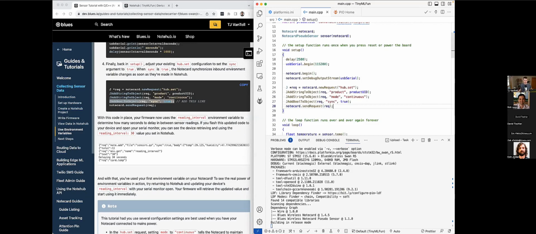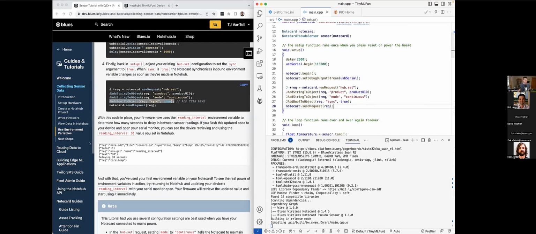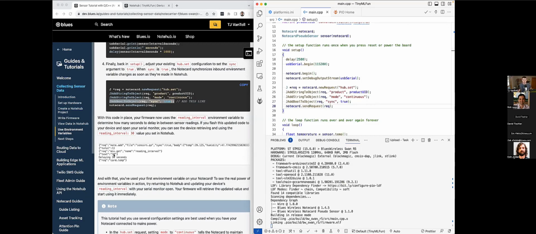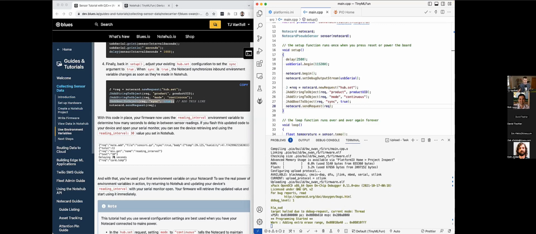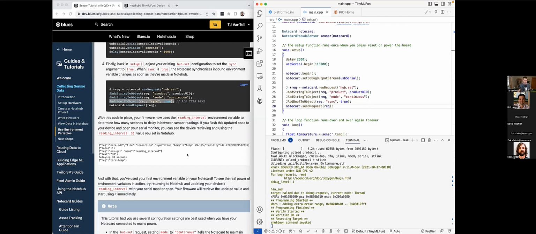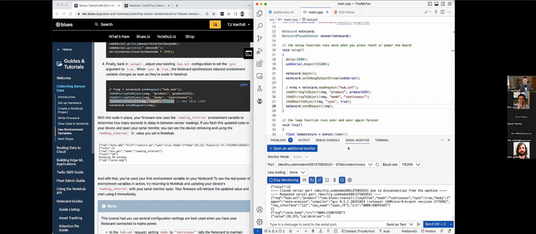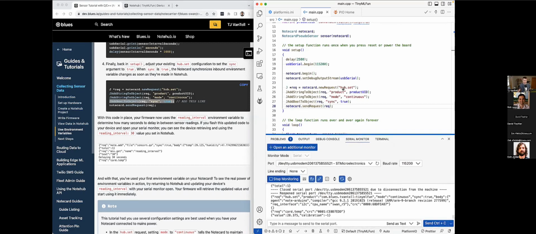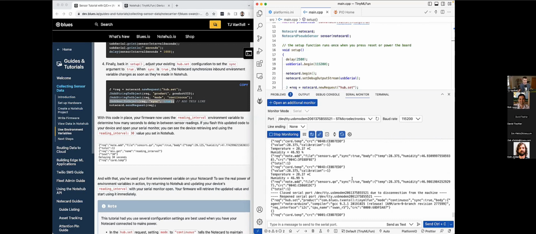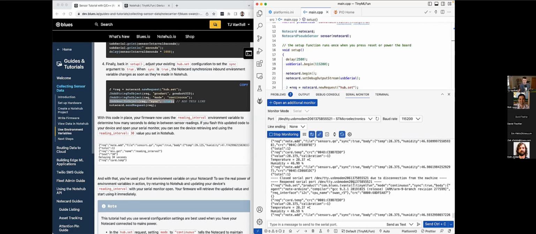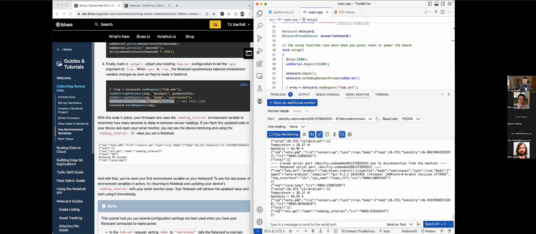And what we should see, so I'll bring up my serial monitor once this loads. What you should see is that this env.get request gets loaded, and it should pick up on the 30 seconds that we configured in the cloud. So this is pushing it out. Success. I'm going to switch back over to my serial monitor. I have this in. I have my node.add. There's my